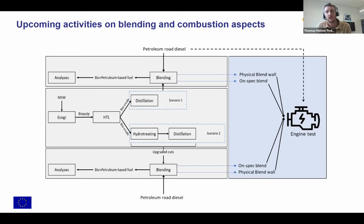How these biofuel upgrades and blends can be mixed with market fuels, and what their emission profiles are when combusted. What you see here on the diagram is 2 different approaches. Once we have the HTL biocrude, we can distill it and turn it into distillates, which are still oxygenated and nitrogenated. We know from previous experience that these distillates are not miscible with standard fuels, but they can be blended in to an extent. So what we would really like to see is what the physical blending walls of these fuels are, and when they are in compliance with the standards on market, such as EN 590 and the ISO